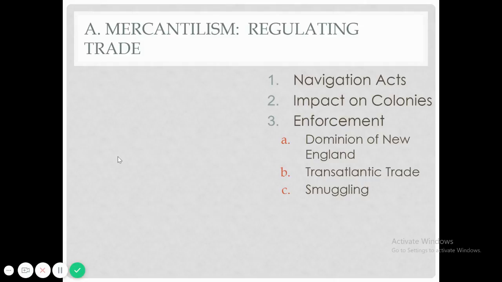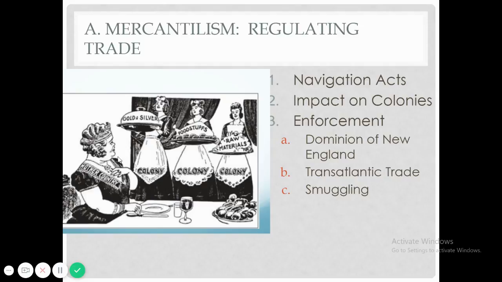So, in order to make sure the English colonies supported only England, one of the acts passed by England was the Navigation Acts in 1650. The Navigation Act said that trade to and from the colonies could only be carried by English or colonial-built ships, and they could only be operated by English or colonial crews. This means all of the goods imported into the colonies had to pass through ports in England.